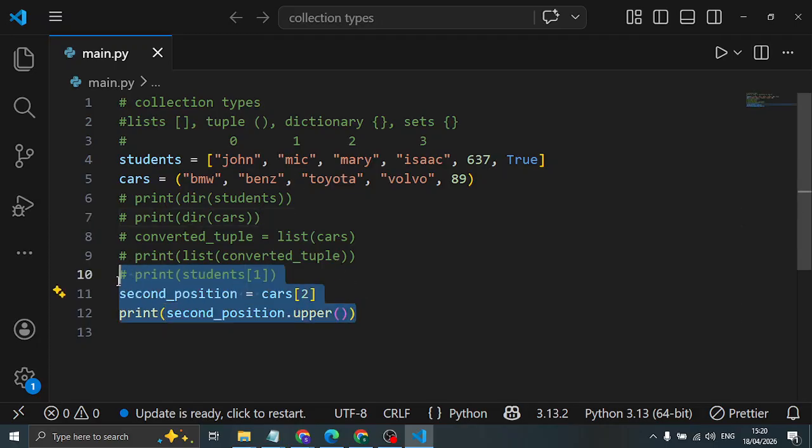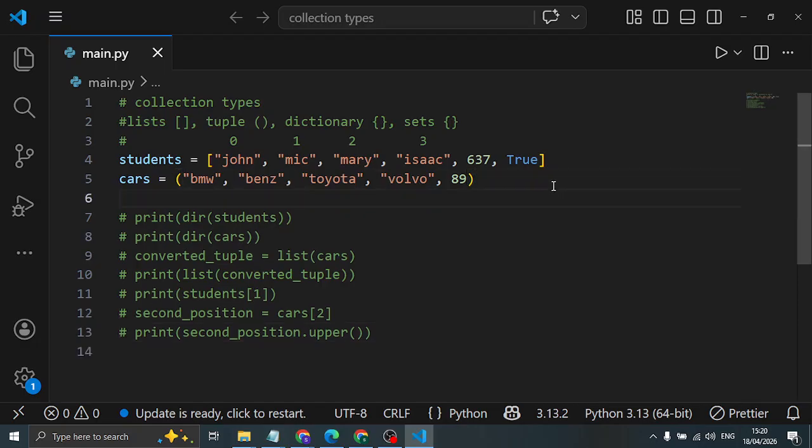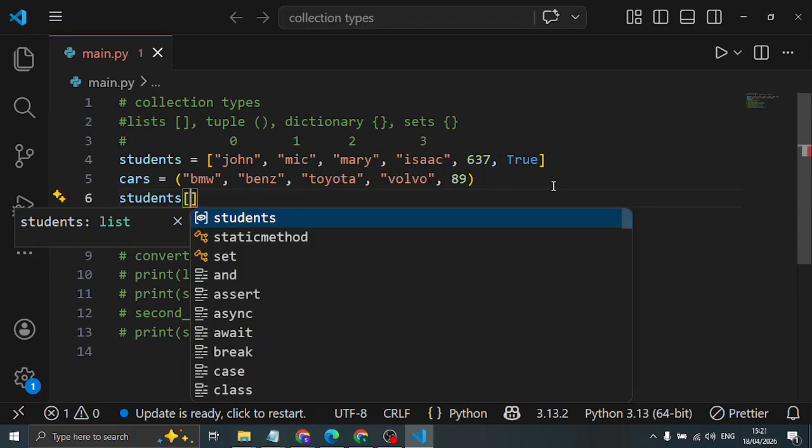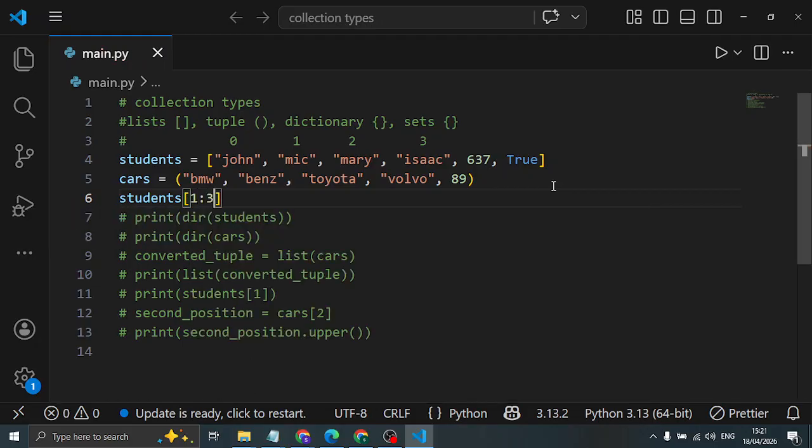The same way indexing works for lists and tuples, slicing also works for lists and tuples. What I mean is, whenever you want to slice, you pick that same variable. So students, the same square bracket, instead of passing in 1 digit, you are passing 2 digits, where you are starting from and where you want to slice to. So for instance, if I do 1:3, it means I want to start slicing from the first position to the last position. So then if I print this,